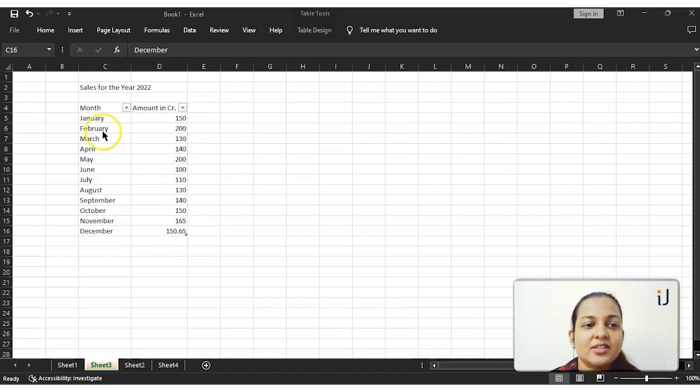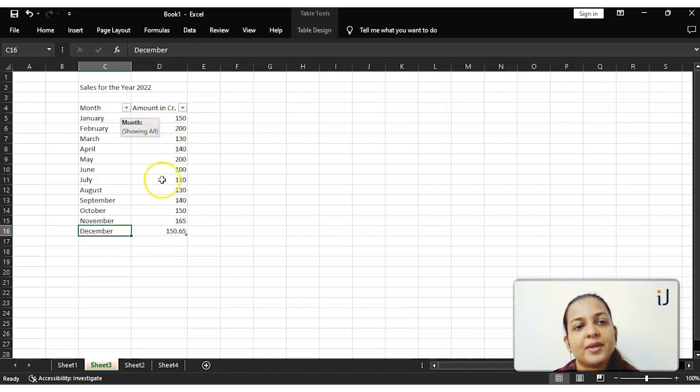So here you can see I already added some data for January to December, which is having some amount in crores. Apart from that, you can also see the caption of the table saying sales for. So we are going to be formatting this to look like a table. Right now, you can see I already have some basic styling which is already given over here because I already converted